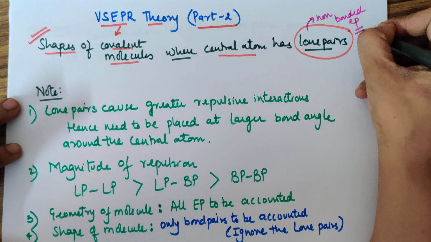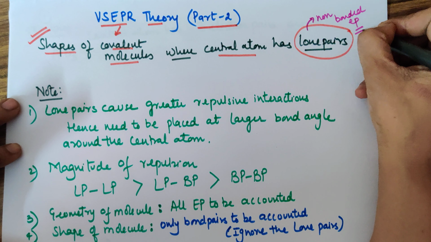Now all the positions are equal. I did say the lone pair is to be placed at a position where the bond angle is larger. But in a tetrahedral, all bond angles are 109.5. So you can place your lone pair anywhere. I am replacing the top position with the lone pair. So that's how the geometry looks. If I replace the top position with the lone pair, the effect of this lone pair is felt by these 3 bonds, and we find that these 3 bonds move closer to each other, which means this angle reduces. Owing to the presence of this lone pair, the angles reduce because the lone pair